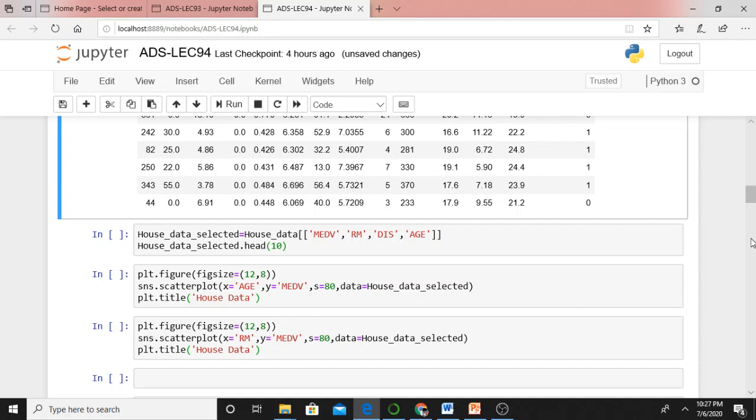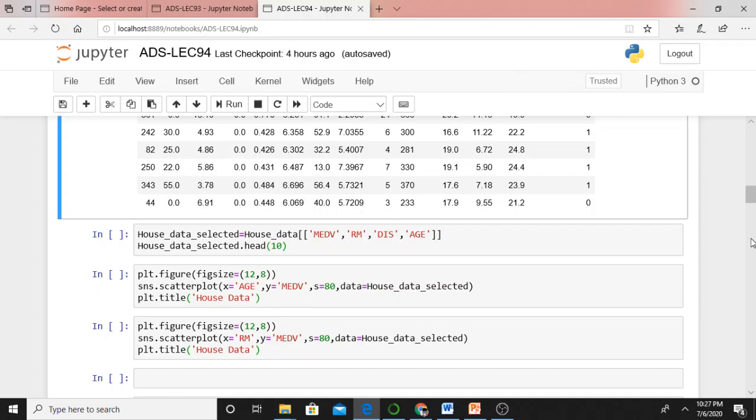I will repeat this one. This column will have a value of 1 if the home price is above the median, and a value of 0 if the home price is below the median. Isn't it? It is simple logic. In this we simply added one column. That's it. Nothing more than that.